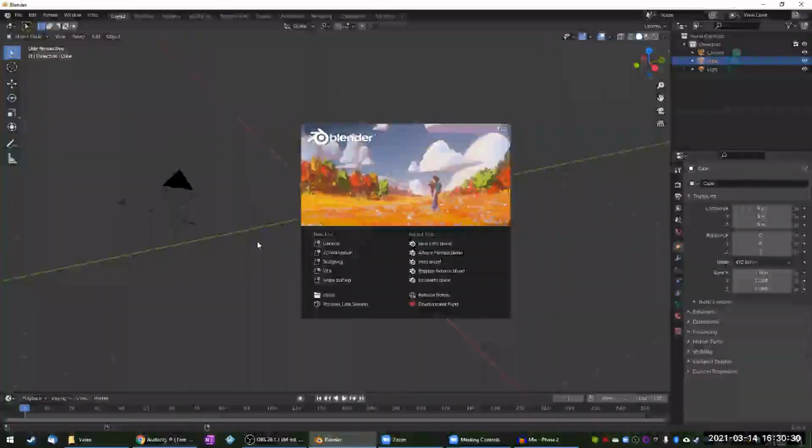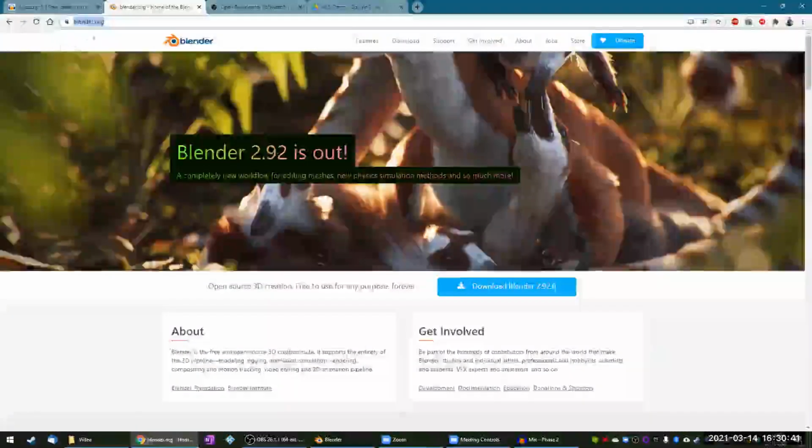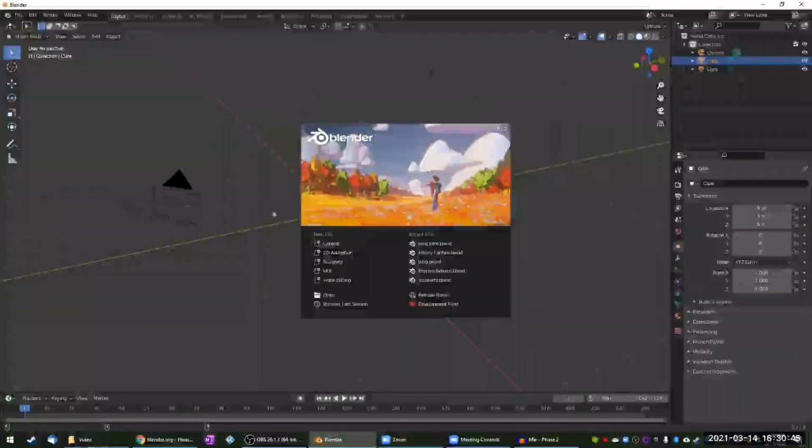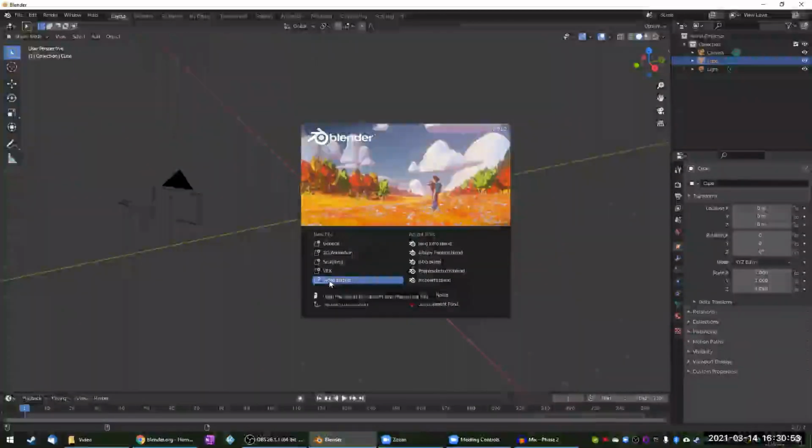But Blender is very versatile, and has a lot of different plugins built into it. I'll show their website here, blender.org. When you first open it, under new file you have different options for general, 2D animation, sculpting, video effects. But the one I'm interested in here is video editing.